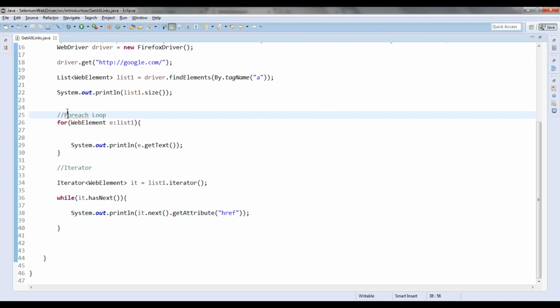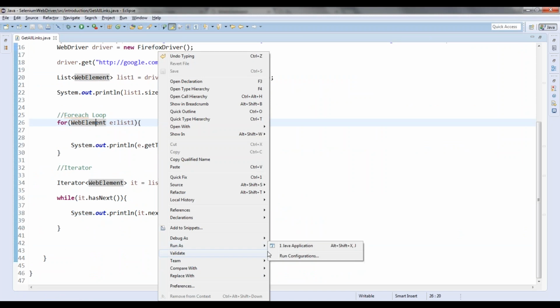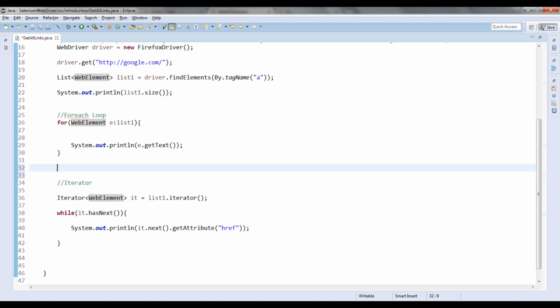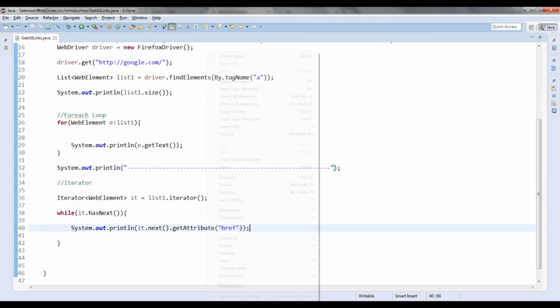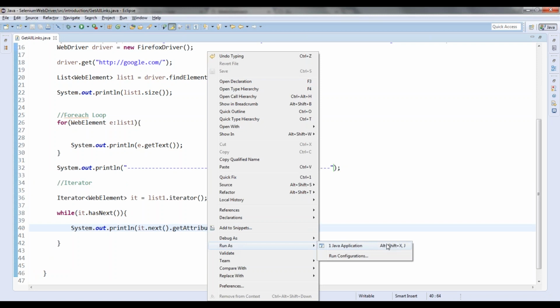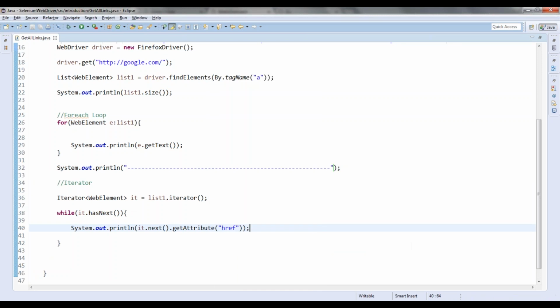For the time being, let us run both. First it will give me the list of elements, and then it will give me the href attributes. So I am running that.